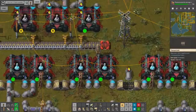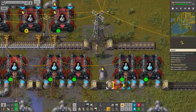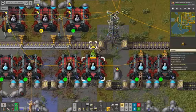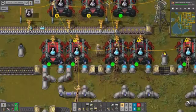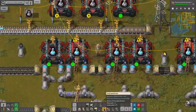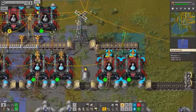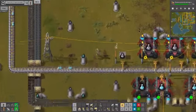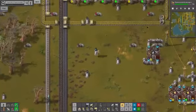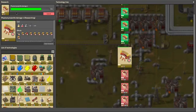So we're going to have to extend this out. And put these in here. There we go. There's our science. Put in a couple things for power. And this isn't going to be the fastest thing in the world, but it'll let us get some research done. Once this one here gets done,